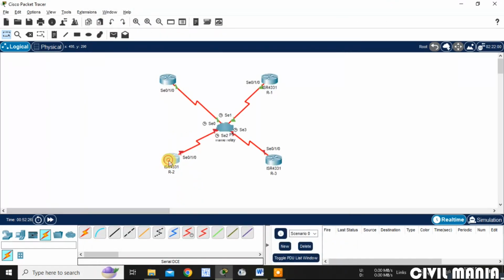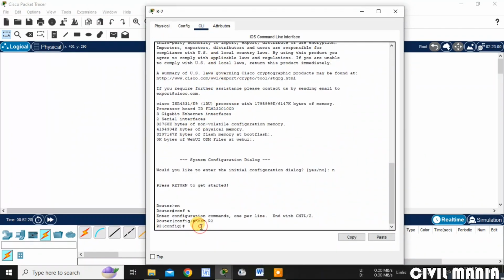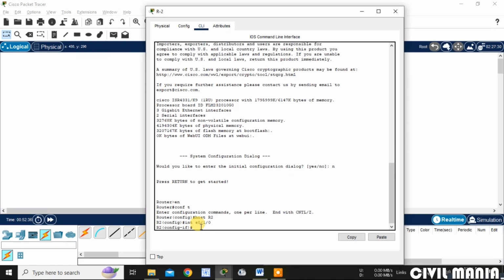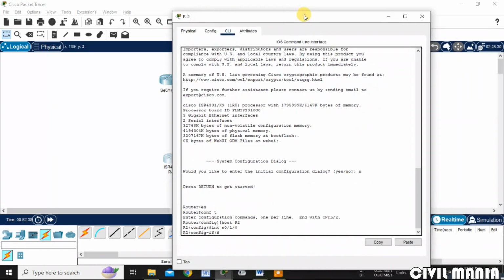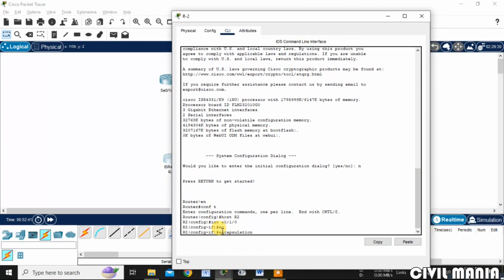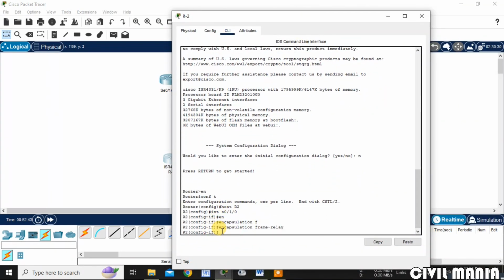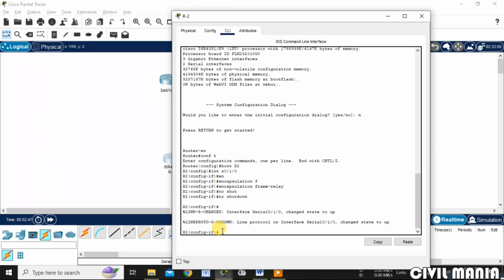Then go for router 2. Here, interface serial 0/1/0. I hope 0/1/0, yeah, right. Then encapsulation frame relay, then no shut, then exit.